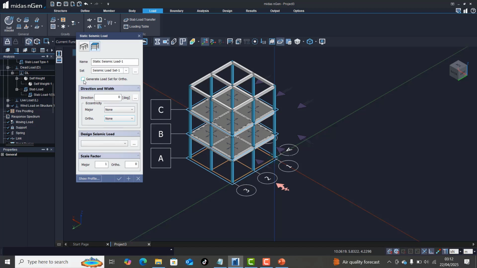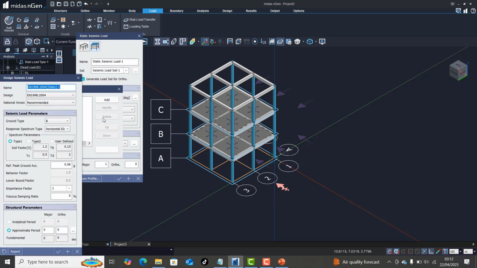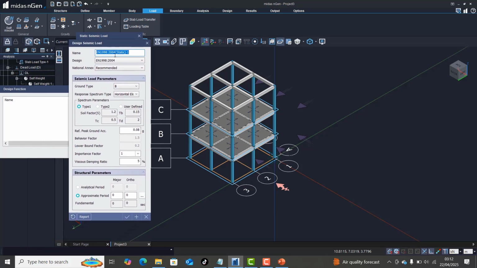So you can see I will have to check this generate load set for auto, just like I did for my wind load as well. So from here, if I click on this three dot, I can add from here, and this also gives me the opportunity to pick any kind of practice I want to use. So this is Eurocode, which you will agree with me is not very far from the British standard that we use. Okay,